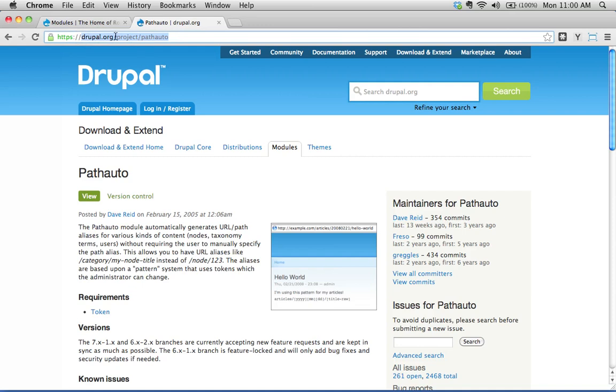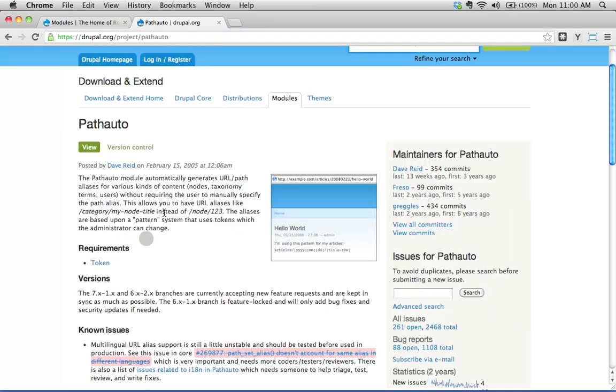It'll say drupal.org/project/ whatever the name of the module is, or like kind of a little alias to that. The first thing you see here is the title of the module. There'll often be a little screen capture of what the module looks like or something like that. Then there'll be right here a little description of what it is that the Path Auto or that the module